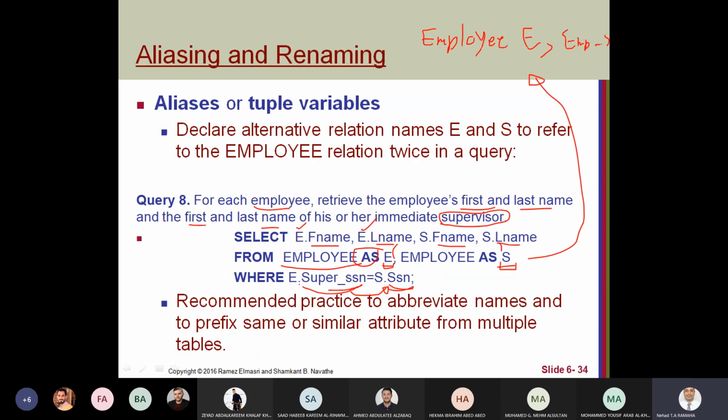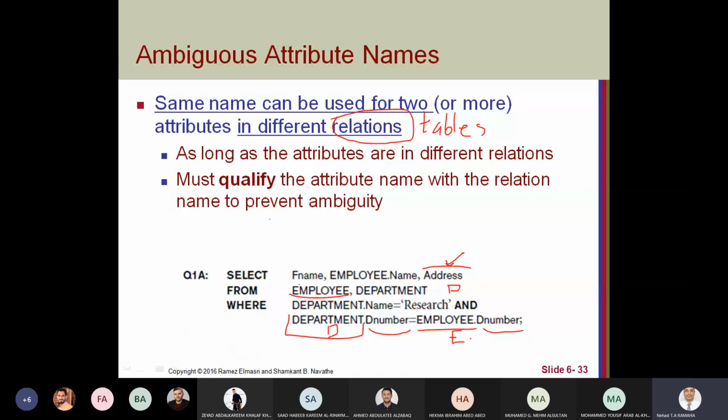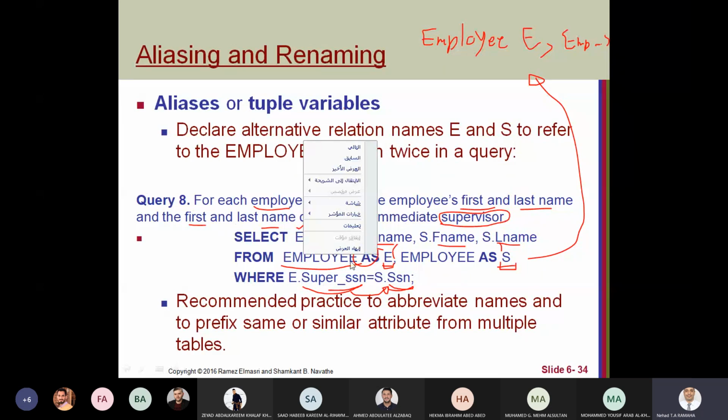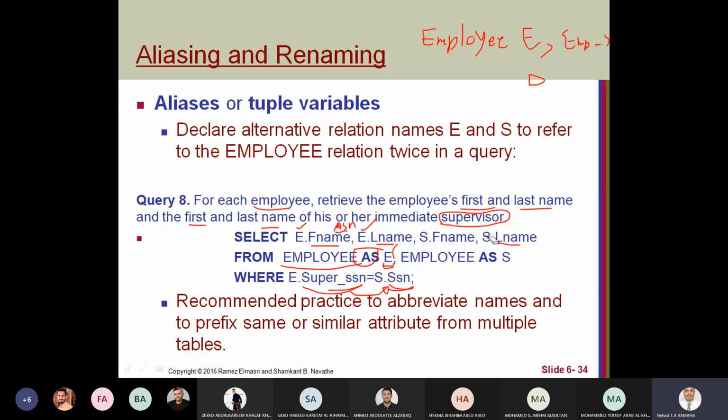Another thing, you can even rename anything anywhere in the select statement. You can rename here E FNAME as N. This means in the result, you will not have FNAME like this, you will have N. Let's use this query and see all the examples on it.